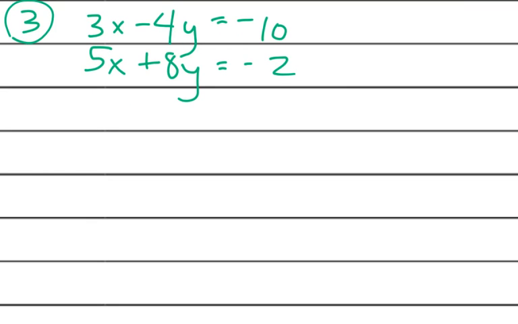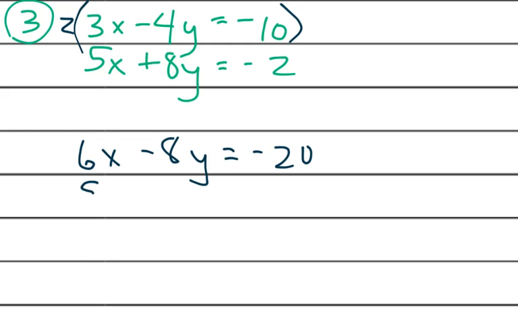As with all of these, graphing, as well as just getting one variable by itself, which would really set you up nicely for substitution, is a little bit tedious. So I'm going to go with elimination on this one. And if I look at it, that's going to be the most simple way to set it up. So here I am doubling the first equation, lining it up with the second,